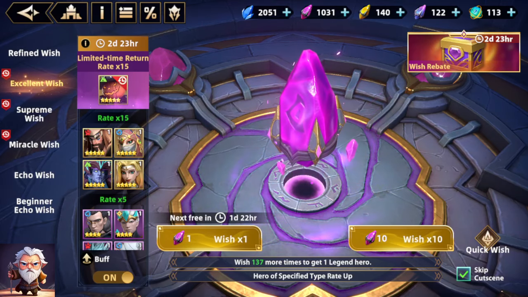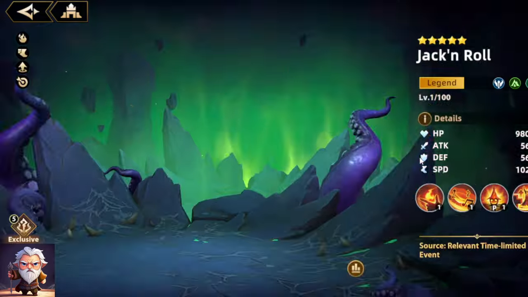Massive summons. We got E1 Jack and Roll is our goal today. We got over 1,000 excellent runes, 140 supremes ready to go. Jack and Roll,